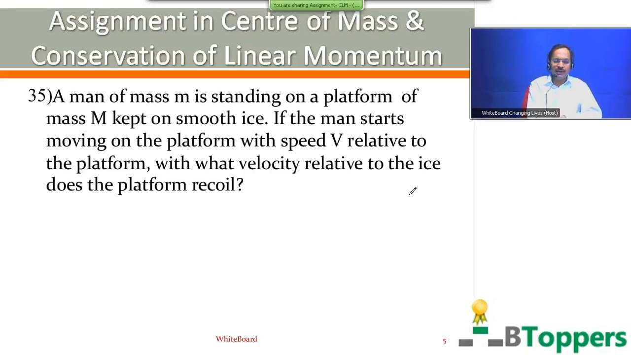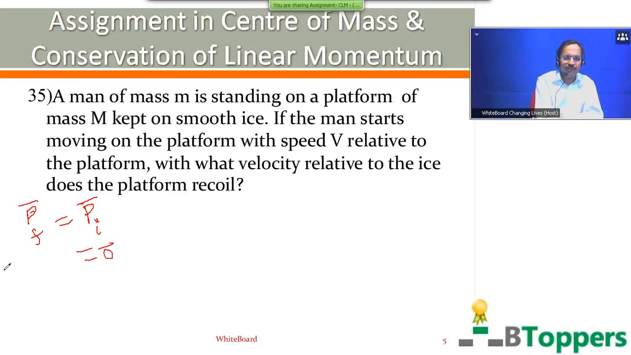So when the net external force on the system is zero, the velocity of the center of mass remains constant, and the total linear momentum of the system also remains constant. Initially both the man and the platform are at rest, so the initial momentum of the system is zero. So the final momentum of the system, after the man begins to walk on the platform, is equal to the initial momentum, which is zero. Final momentum of the system is equal to the momentum of the man,